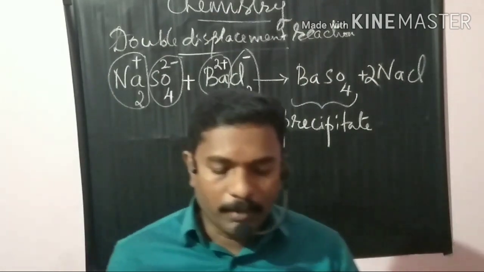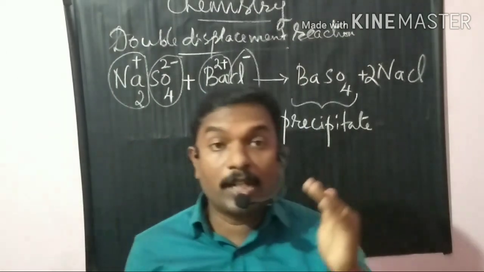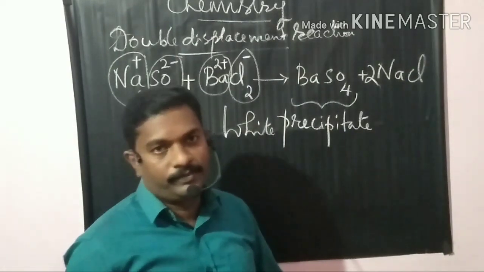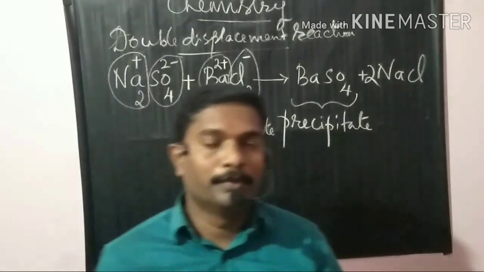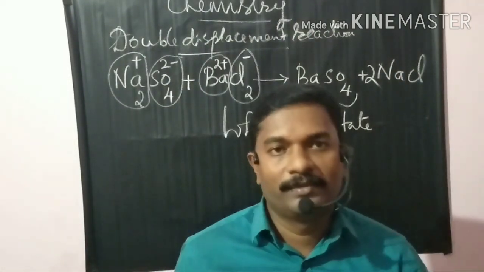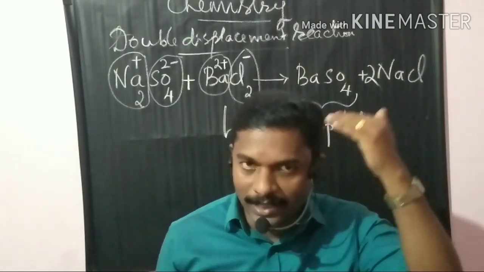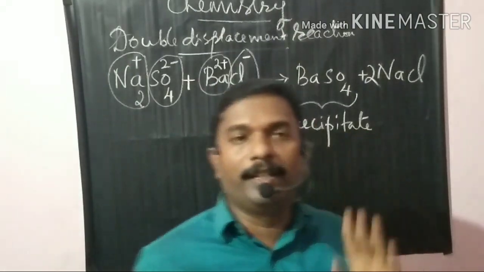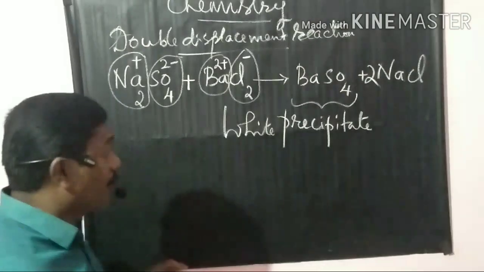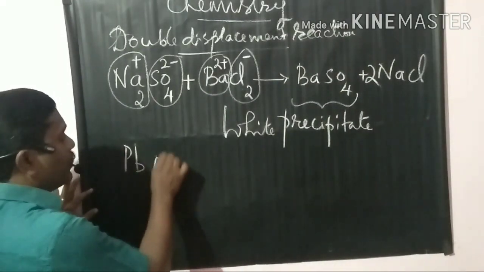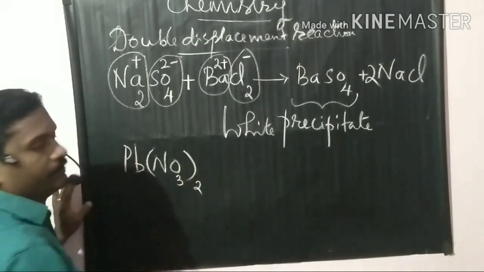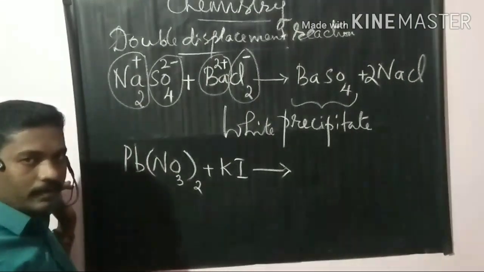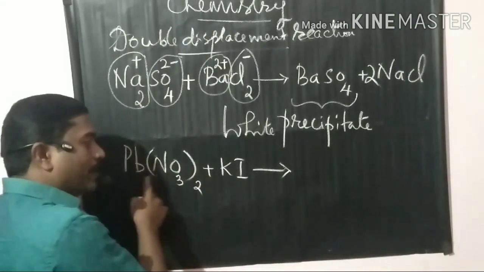And see, here one more activity is given. That is a recall activity, activity 1.2, that we already discussed. Just remind or recollect what we have learned there. That is the reaction of lead nitrate with potassium iodide. Did you know? Yes. Then say lead nitrate, Pb(NO3)2, when reacted with potassium iodide, KI. Clear? Then how can we write the products here?